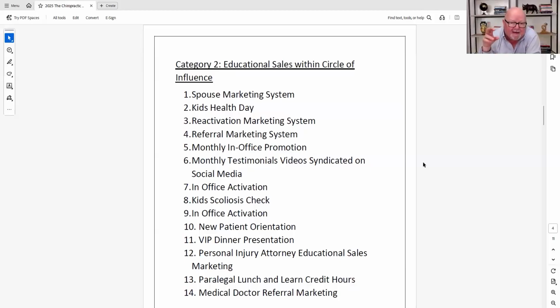We're going after the active patients, preferably in the first 30 days, and especially the VIP, the 3%ers and the 17%ers. That's where the gold's at. That's where the gold with the referrals are. And then we do the best system there is, educational sales, circle of influence. That's what creates periodic, regular patients. And again, if you're not going to do educational sales because you don't have the confrontation, you don't have to, then hand them a flyer.